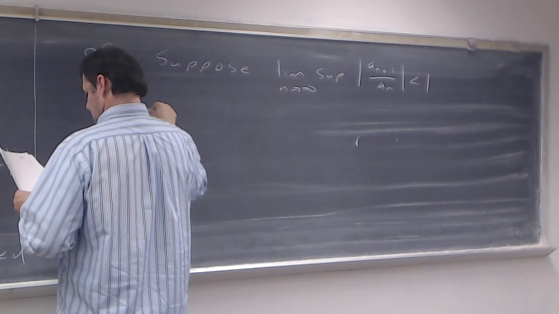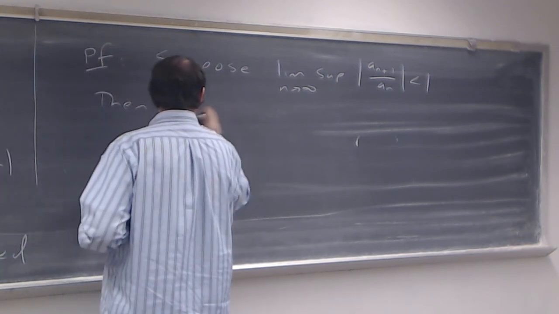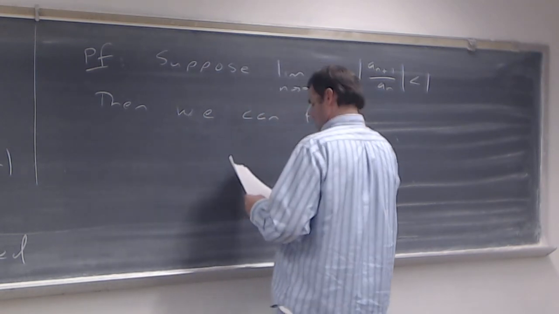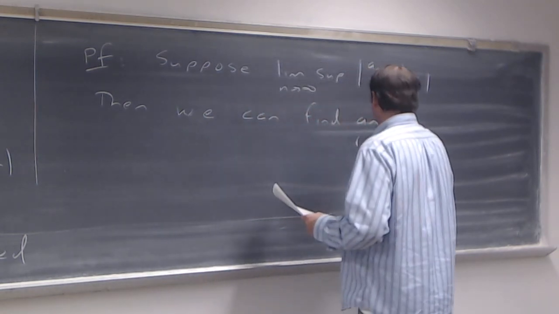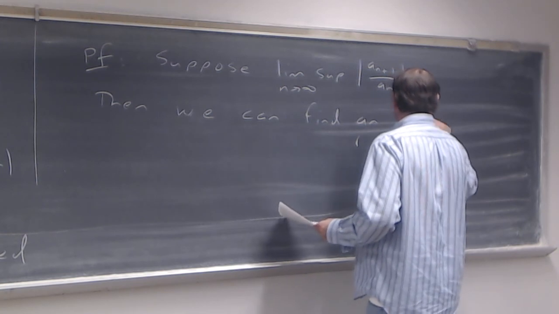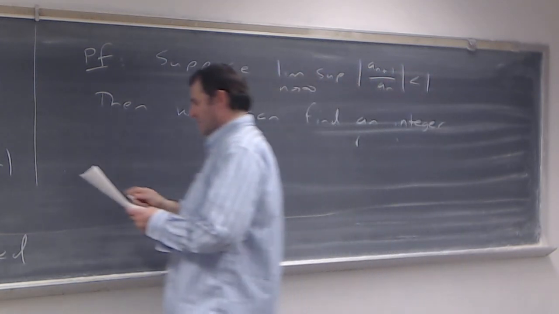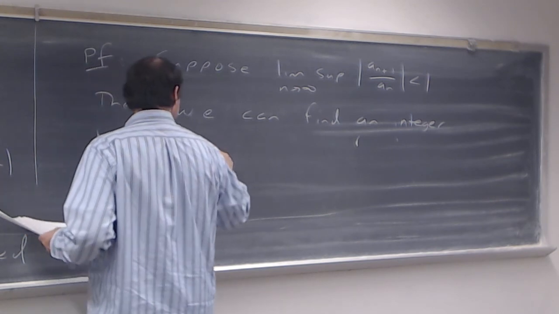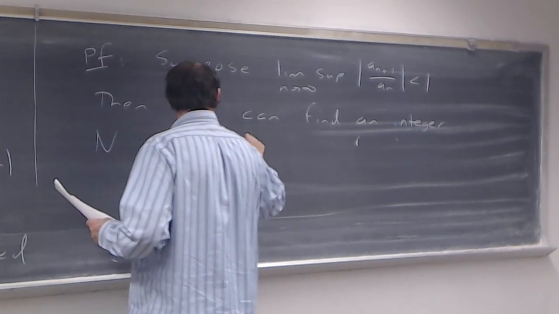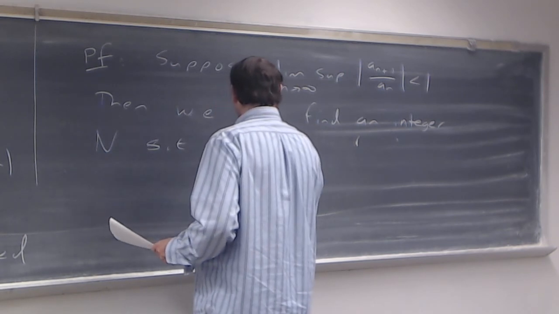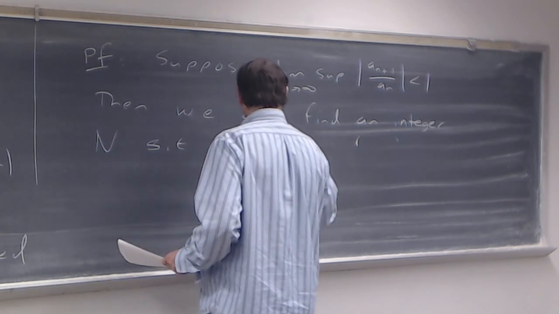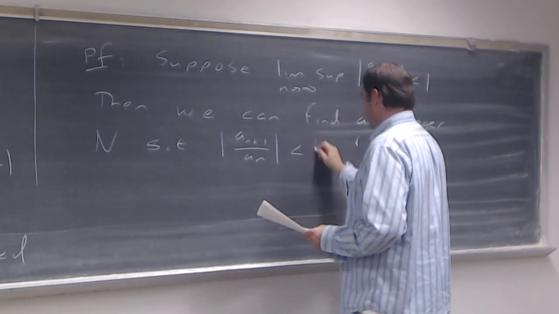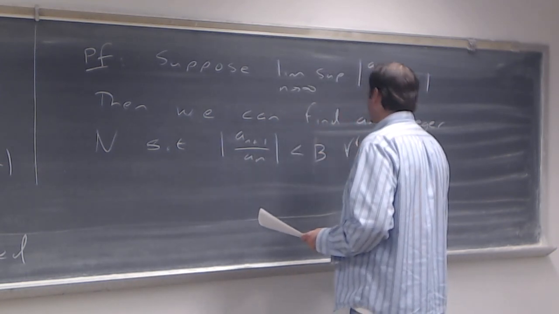Then we can find an integer big N, so we're thinking of it as a natural number, such that the absolute value of this ratio, a sub n plus 1 over a sub n, is going to be less than b, for all n